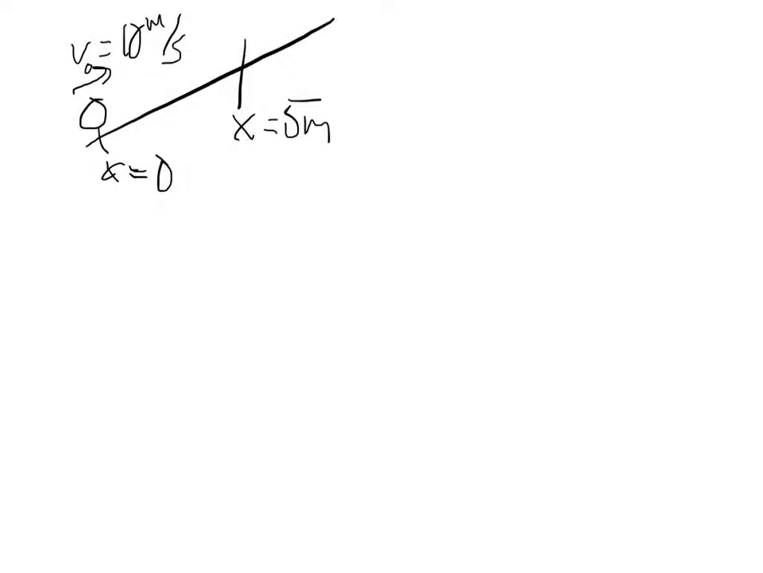Alright, I'm addressing this problem here where we have a ball that has a launch velocity of 10 meters per second up a ramp, and we want to know how long it takes from when it goes from 0 to 5 meters. Now we could have done this saying what is the change in position. So we could have said the change in position equals 5 meters of displacement, and that's an